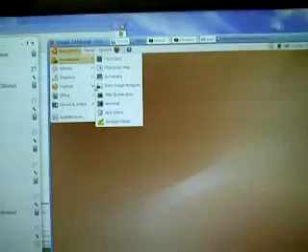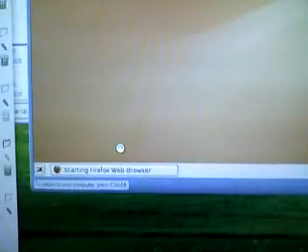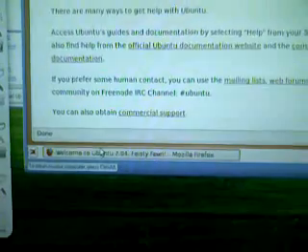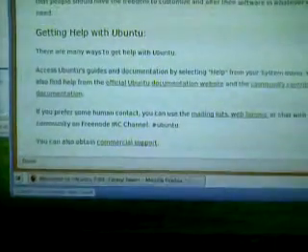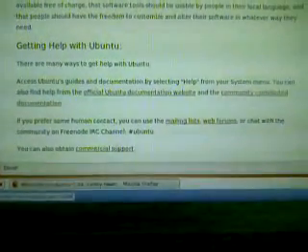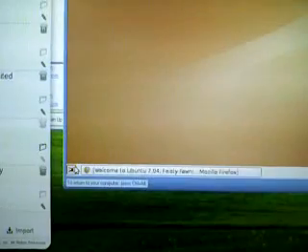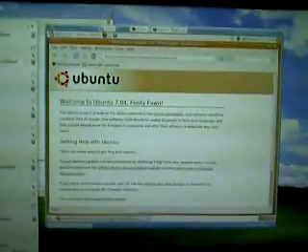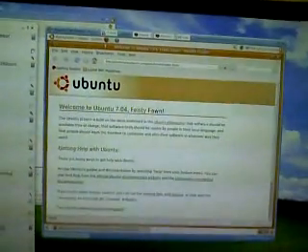Now, if you start applications such as Firefox, you'll see that the bottom bar will indicate which applications are running, so you can click them to minimize them to the bottom, or select whatever window you want if you have a bunch open. And over here in the bottom left-hand corner, there's an icon that minimizes everything so you can get to your desktop. So that's a basic overview of how to use Ubuntu,